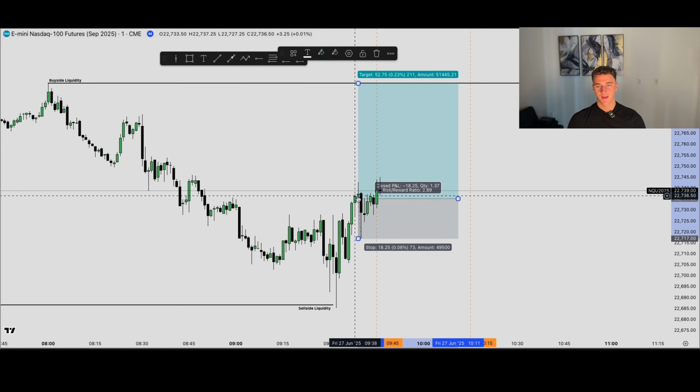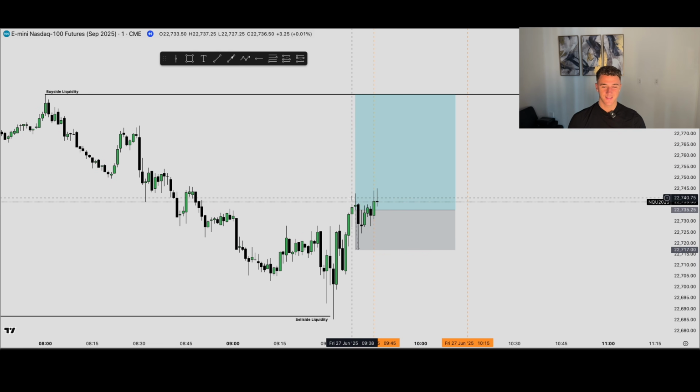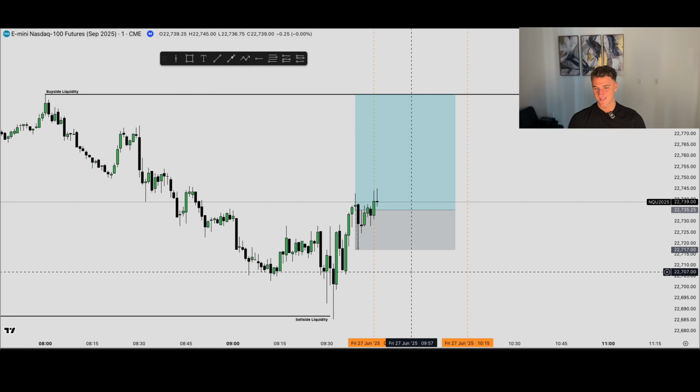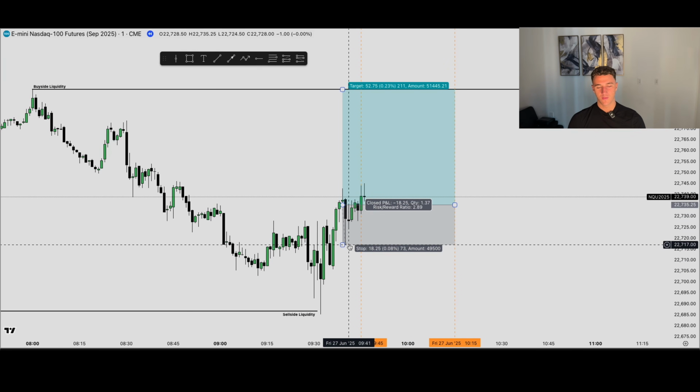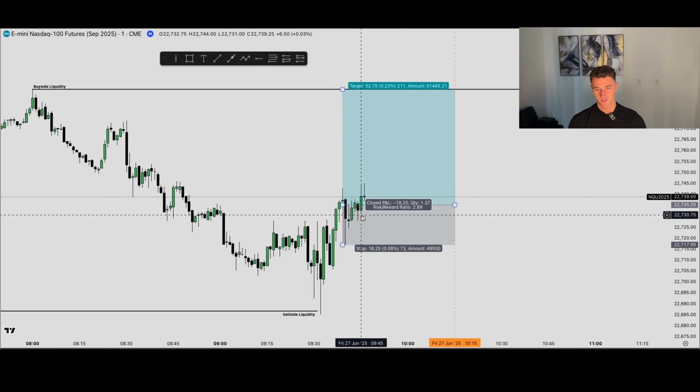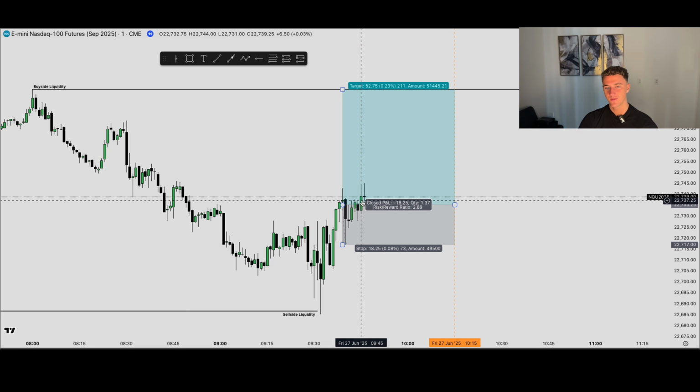Your entry would be there, stop loss below a swing low, which in this case would be this one. This candle has also rebalanced both inefficiencies already. So realistically, price should not be going below that low. As you can see here, we're risking around 18 handles on this trade. And as soon as the macro hits at 9:45, you can see this candle here, you'd be entering straight away